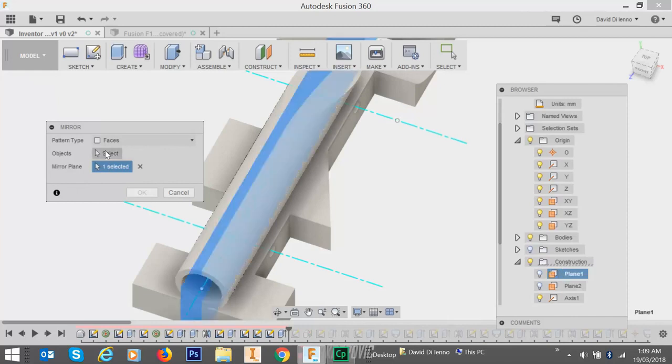Now next it'll ask me what objects I want to mirror with, and I'll tell it that I want to do the last thing that I've done. So I can use my record that I've got here to show what to do, or I could have gone to one of my extrusions up here, bodies or construction or sketches or something like that, and I could have chosen it from here as well. But I'll pick it down here because it's nice and easy. So I'll select that, and